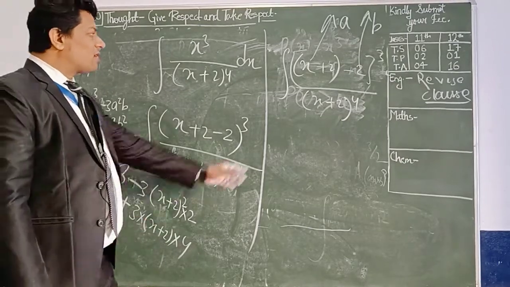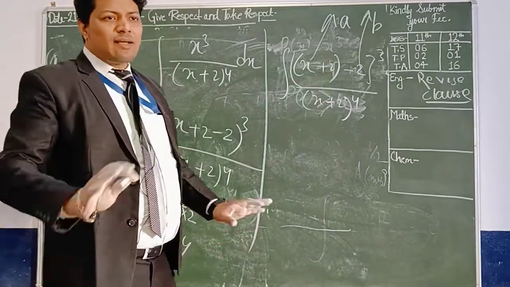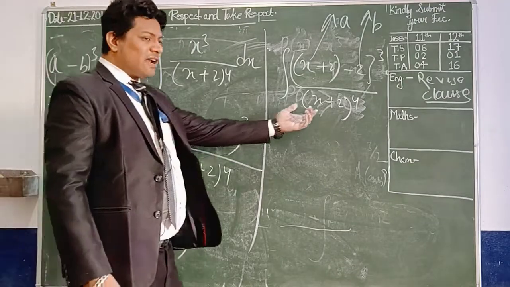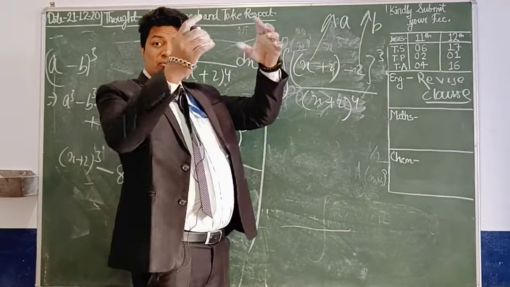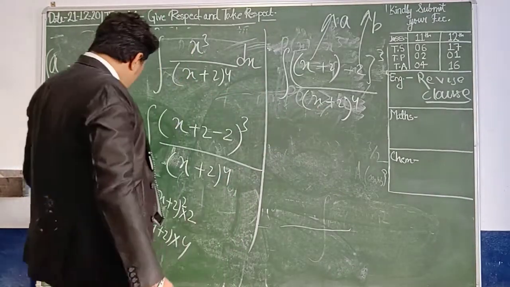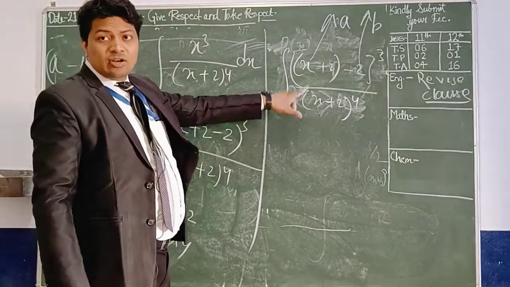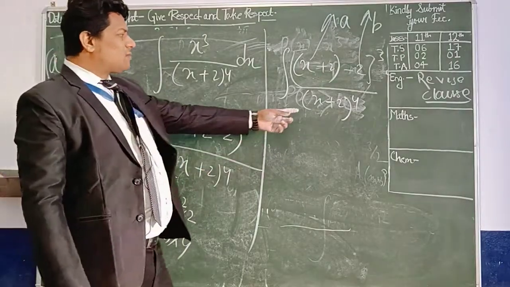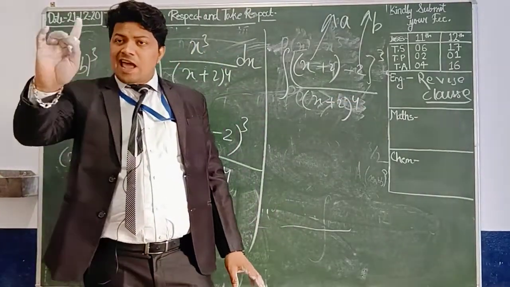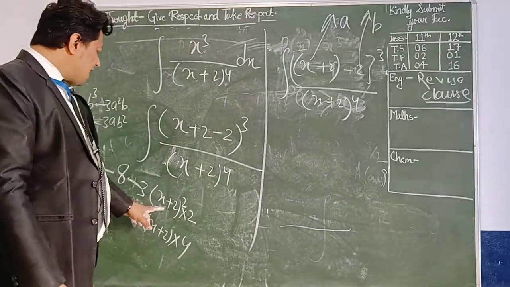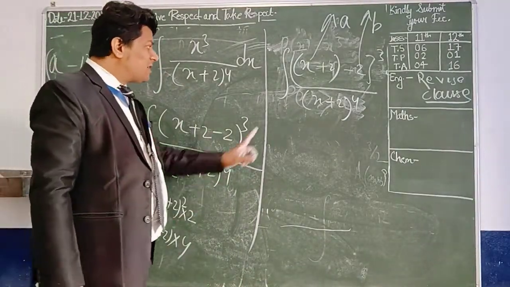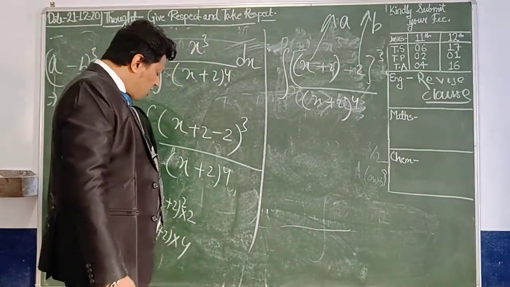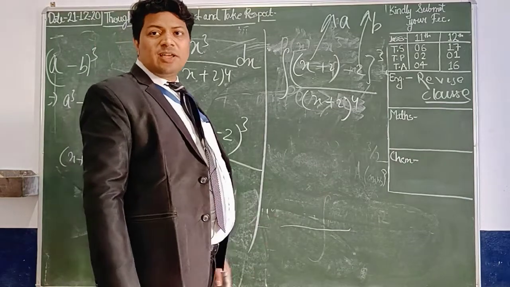Getting my point? When you put it here, I am telling you, I am not solving it. When you put it here, what will you get? This one and this one. When you split the numerator and denominator, x plus 2 whole cube with x plus 2 power 4, what is remaining? Only x plus 2. And here also you will get x plus 2 whole square, and when it is split, only x plus 2 is remaining.